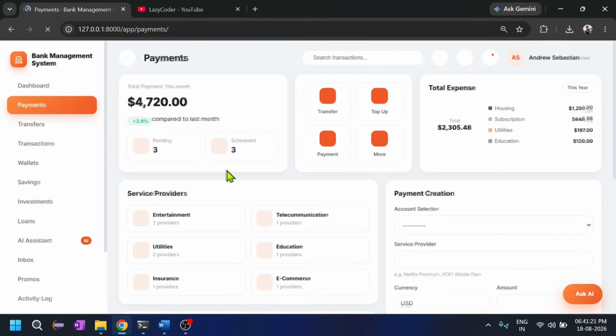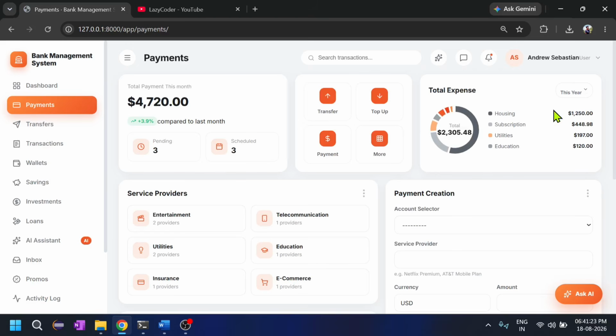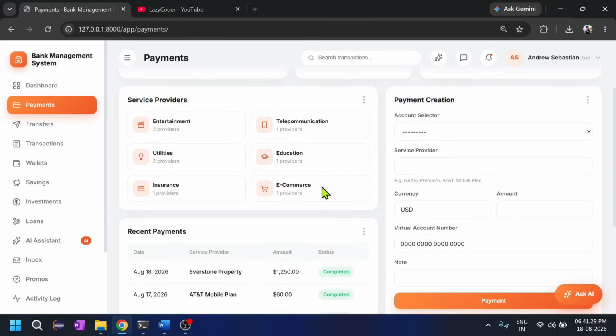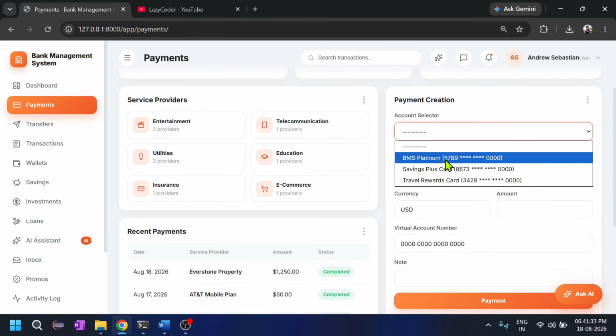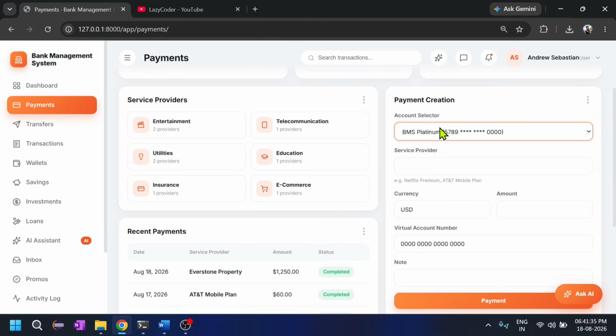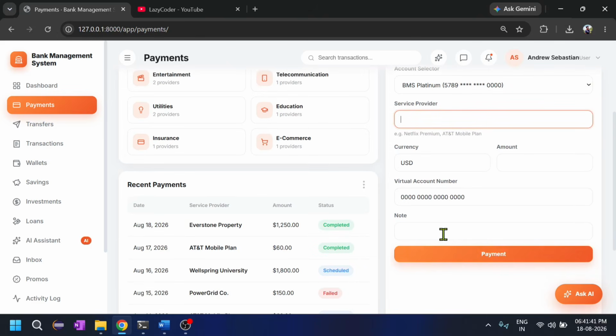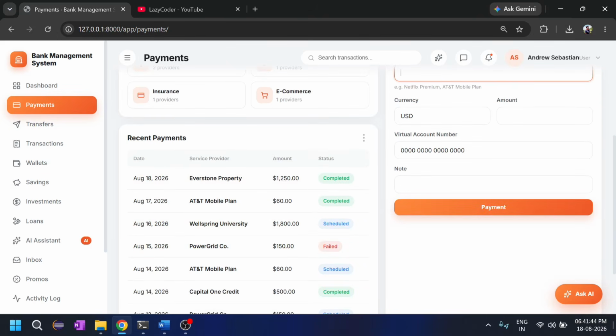If we go to the payments, you can see total payment this month, total expense, transfer, and top up payment. If we click on the transfer, you can see payment creation is there. If you want to pay, you can select the cards and a service provider, like Netflix. Then you can just make the payment. And if you click on the transfers,